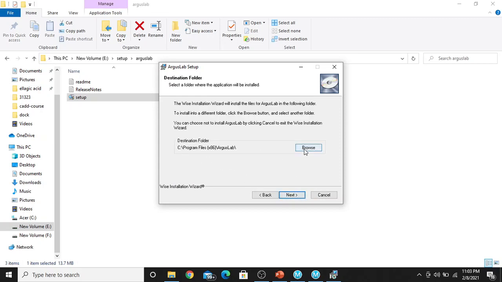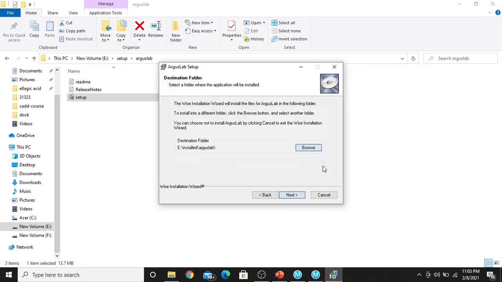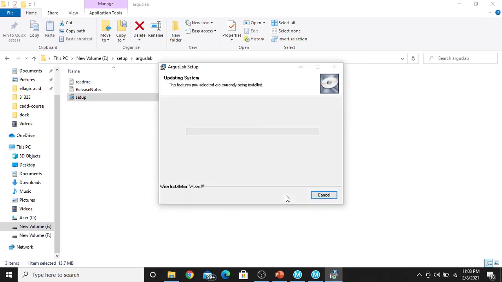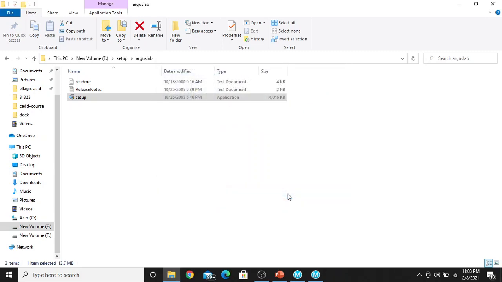Then you have to browse your folder to the newly created folder. Okay, it's in E, installed, Argus Lab. Then next. It will take some seconds. Okay, it's installed, then finish.